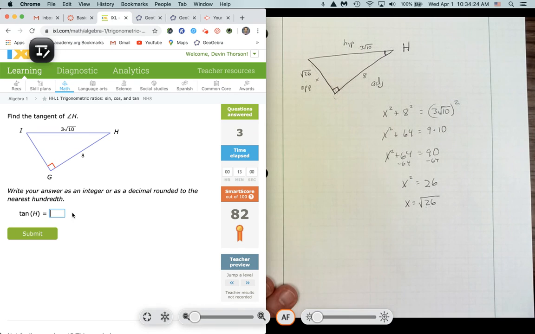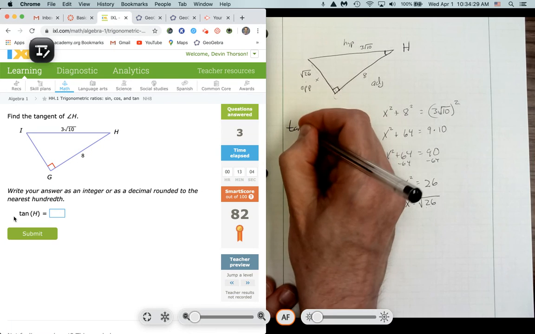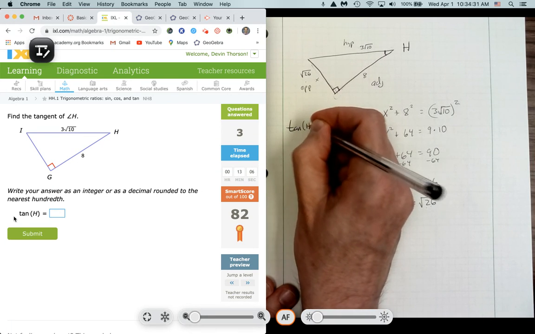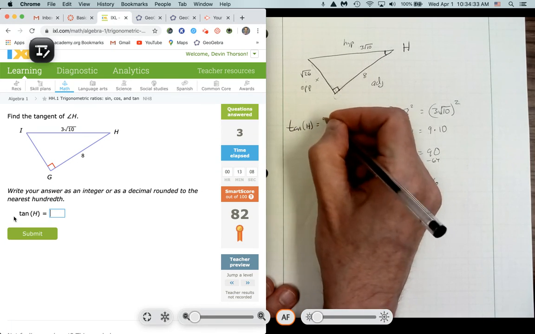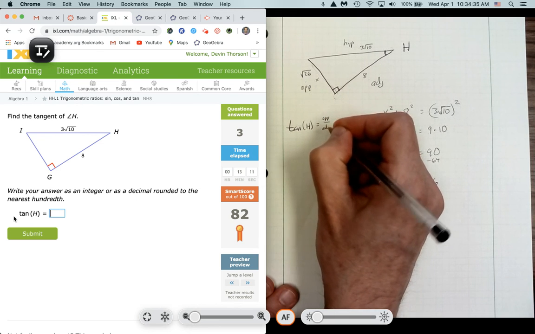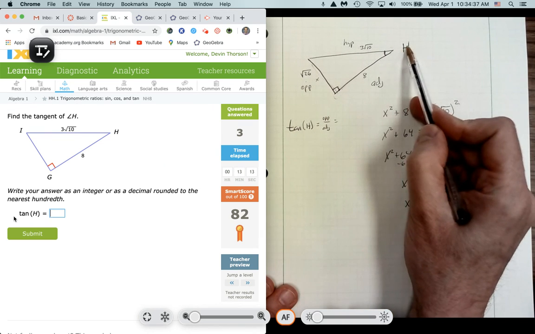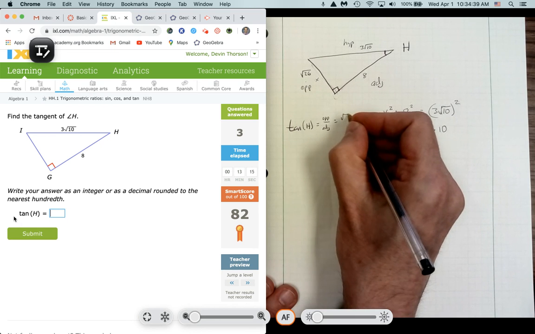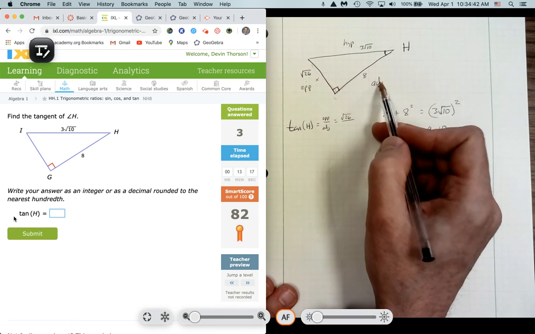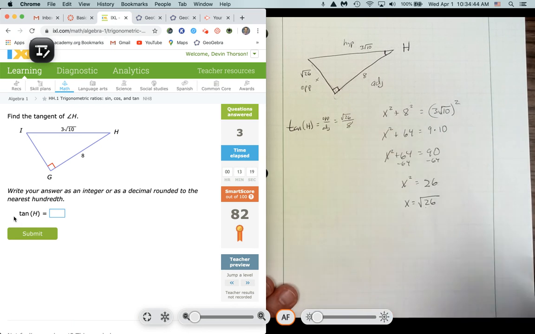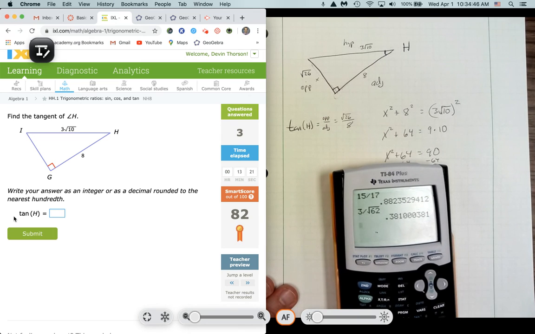Now I'm going to look back to see what I needed, the tangent of H. So I'm going to go the tangent of H equals, now tangent is opposite over adjacent. So what's the opposite side from H? It's the square root of 26 divided by the adjacent side, which is 8. So I grab my calculator and I go the square root of 26. Now I'm going to make sure I get out from underneath the square root, divided by 8, and I get